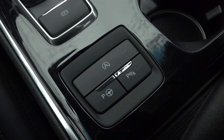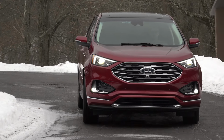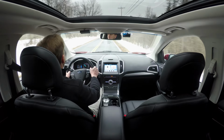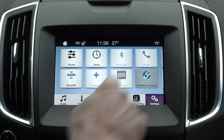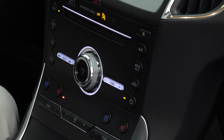New safety tech like post-collision braking is standard, and this Edge includes extra features such as evasive steering assist and lane centering that gives the driver a little help staying on the straight and narrow when using the adaptive cruise control with stop and go. So there's a multitude of electronic helpers here, but still not as many as I'd like to see at this lofty price. The 2019 updates have helped both in terms of the exterior appearance and, to a lesser degree, the